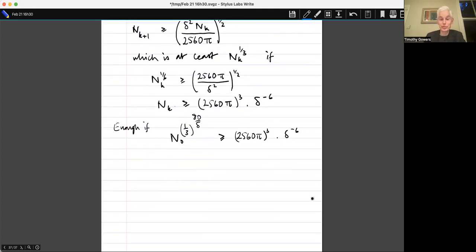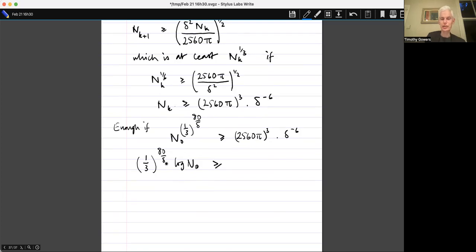And here comes, all we've got to do is just some sort of, as I say, back of envelope calculation, and what we'll see is that what I have on the right hand side here really matters hardly at all, because in order to get a handle on delta we're going to have to take logs twice, and that's just going to kill everything here. So let's do that. So taking logs once, we get 1/3 to the 80 over delta log of n naught is greater than or equal to,